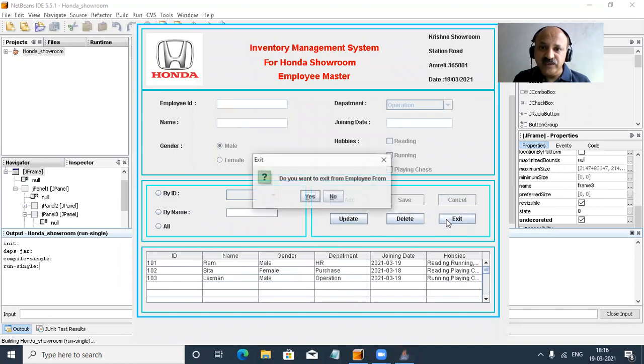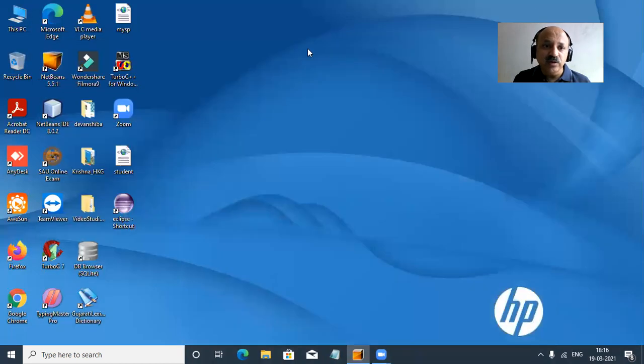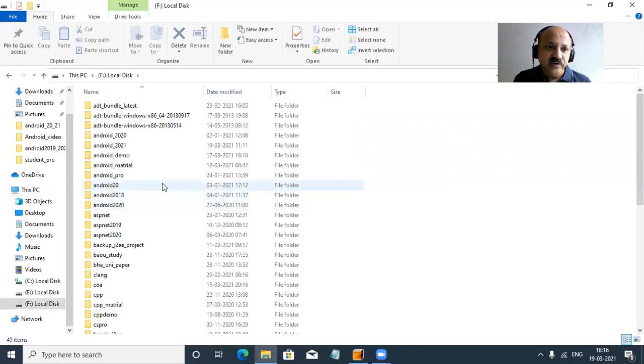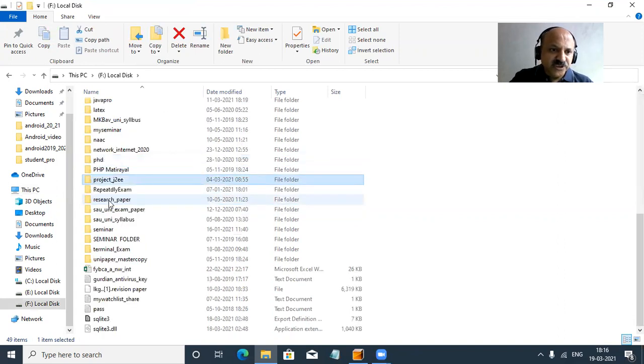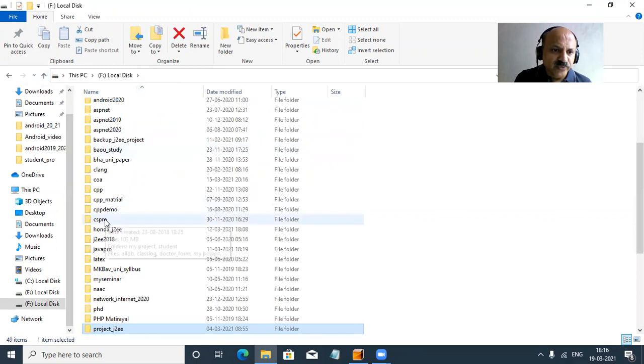And now I give the exit, and I also show all records in our database. Already the grid is displaying the data, and here we can say that in the project, that is Honda showroom.